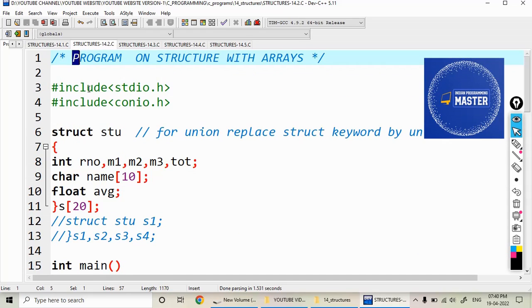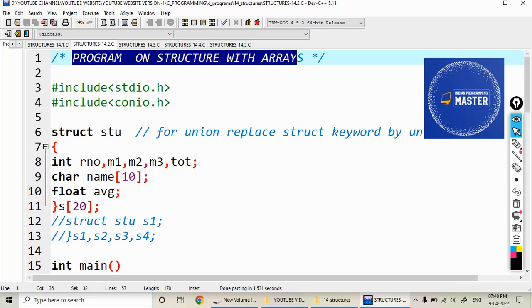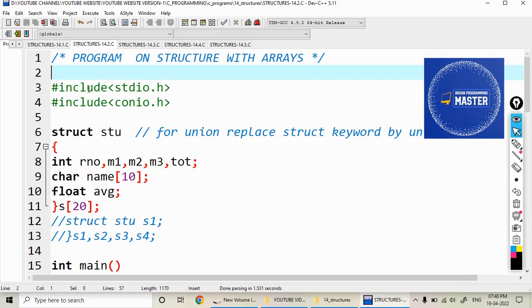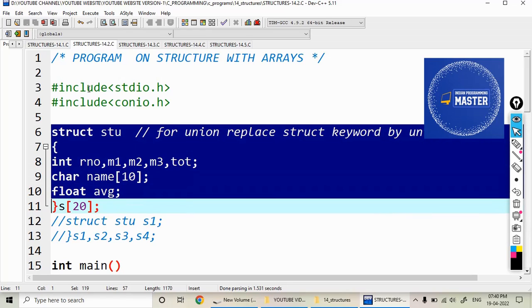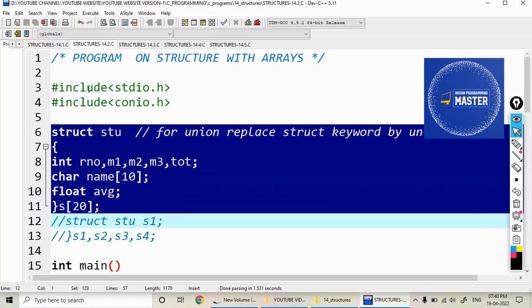Hi students, now let's see an example of how to use arrays with structures. If you'd like to store only one record's information, I can simply declare a structure variable like this. In the previous example we saw how to store a single student's information. I can write just S, that is enough. But here I would like to store multiple students' names,